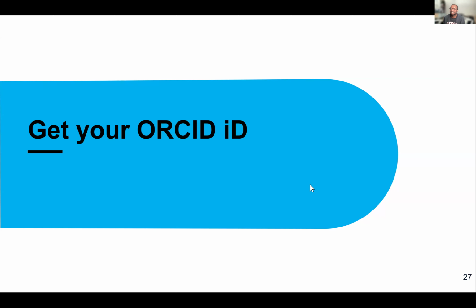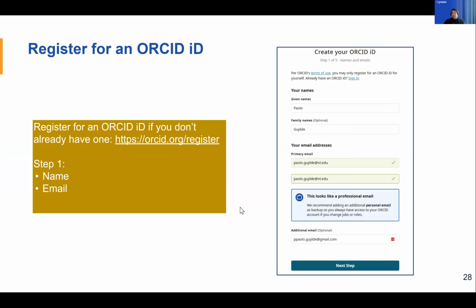All right. So, for some of you that already have an ORCID ID, this is probably a recap. If you don't have an ORCID ID, this is just a quick overview of the workflow for getting that ORCID ID. So first things first, you go to orcid.org/register. Remember, ORCID is free for you all. So you don't have to pay. Make sure you're not paying anything to create an ORCID ID. It is free.